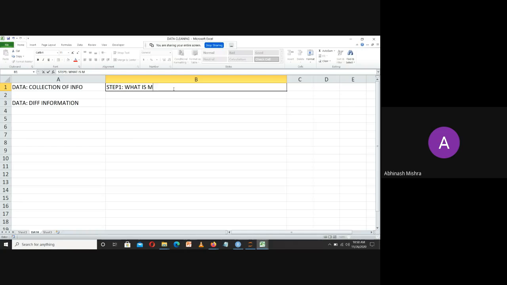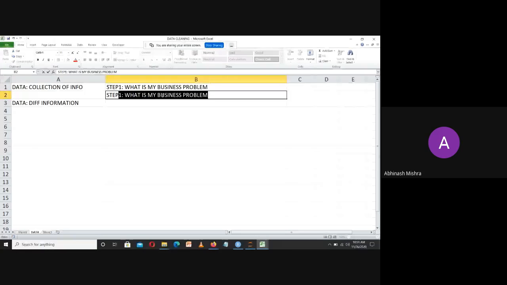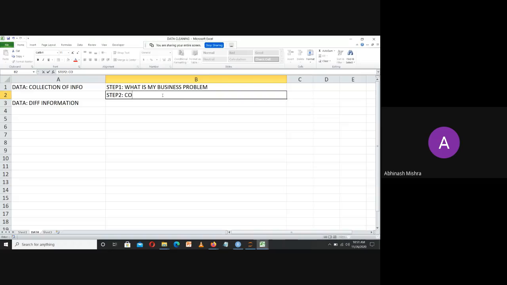What is my business problem? Based upon the business problem, I will be collecting the data or segmenting the data. In step two, I will be collecting data, so I can say it as data collection.